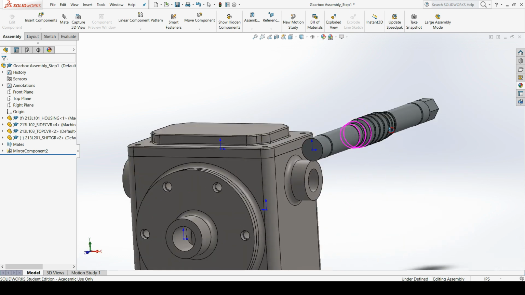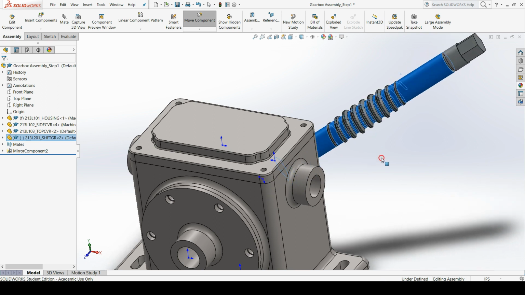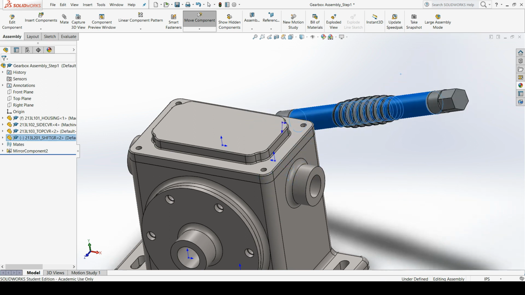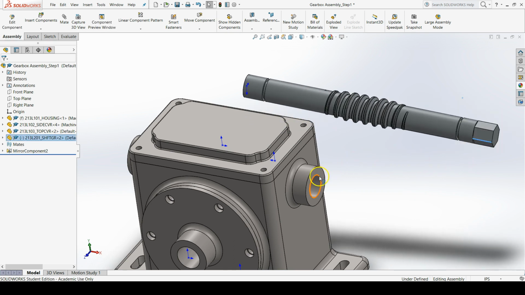The offset shaft is now a part of the assembly, but its orientation is not so close to how we want it. You can right-click drag to rotate the offset shaft closer to its desired orientation, because it's going to go through these side holes in the housing. We need to add mates to relate the offset shaft to the rest of the gearbox assembly. To do that, go to the Mate command, which is in the Assembly tab right next to Insert Components. Click on Mate,